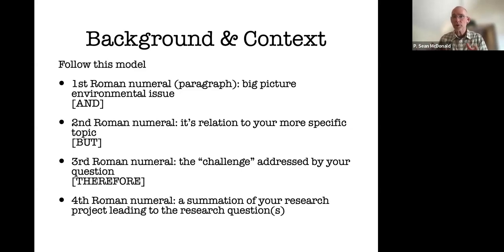There are places where you can bring in additional paragraphs if you want to provide some additional background, and that just would be an additional Roman numeral. And so then as you start to develop this, we can start to see how many paragraphs might go into the background